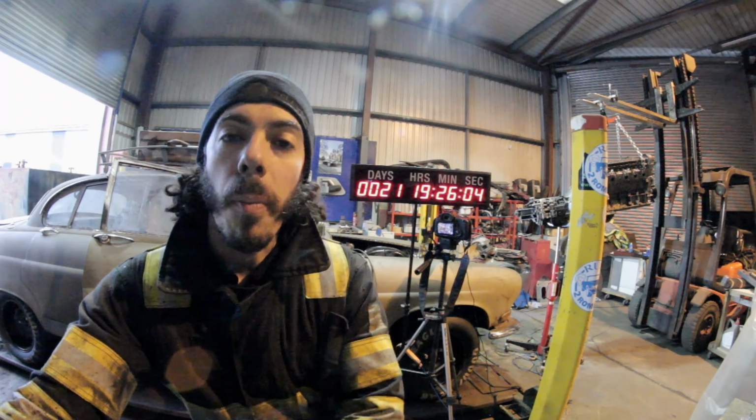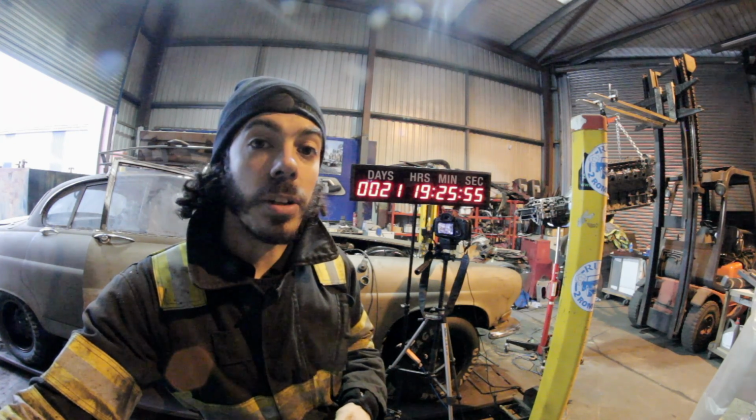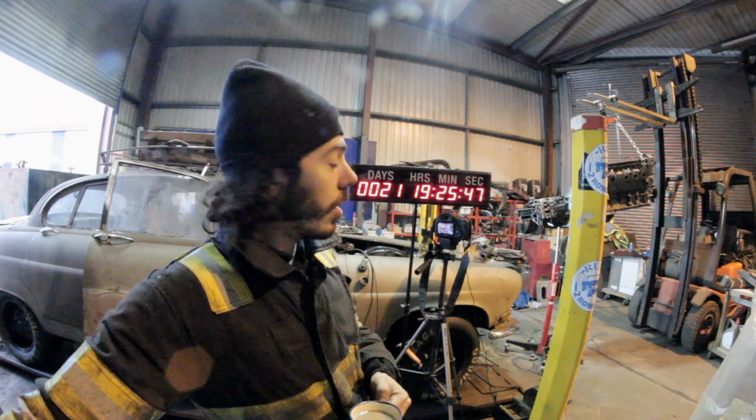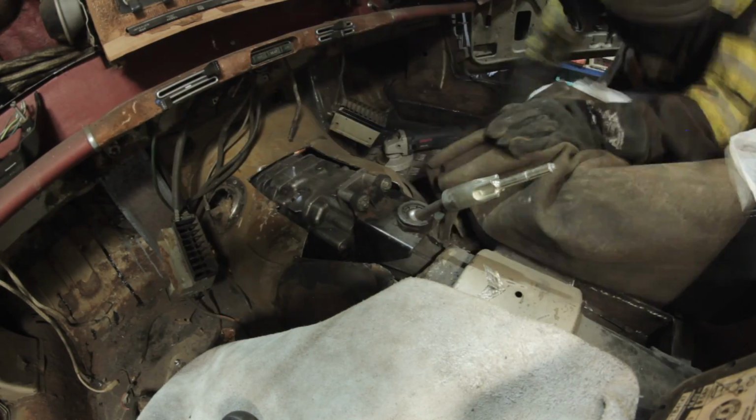So today I'm having a day of just general nightmare, trying to fit the engine and gearbox and make up the engine mounts. However, I've had to cut a ton of metal away to make the gearbox fit in the housing,